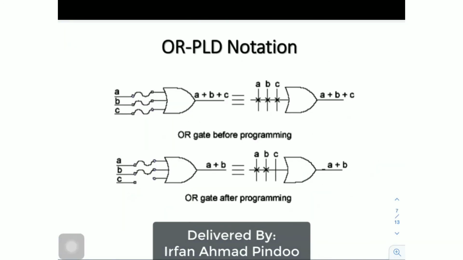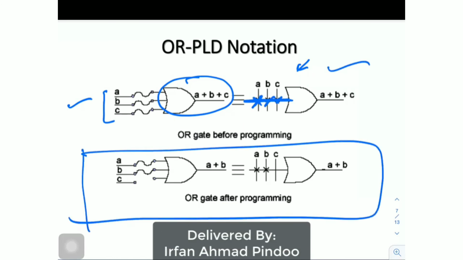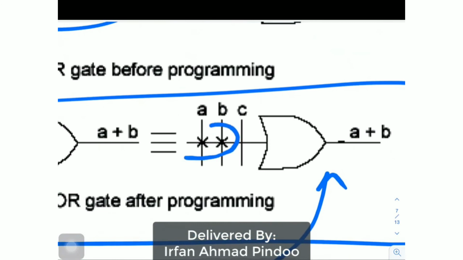Now the same thing is shown here also. Here all three connections are present, so the output is A plus B plus C, and this is the other representation where one line would be connected here and the rest would be shown with the programming. Okay, and the same is given in the other diagram also. You can see here C is not present. So how do you represent this in the alternate way? You see here there is a connection, cross means connection, so A and B are connected, and at C there is no connection, no cross is given. No cross means no connection, so C is not connected here, so the value is only A plus B.